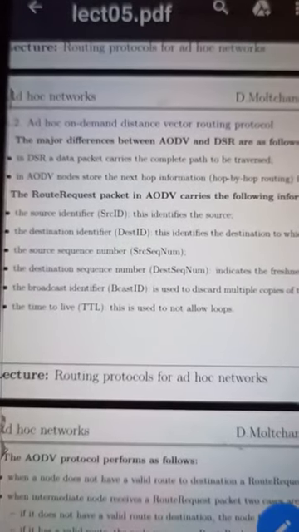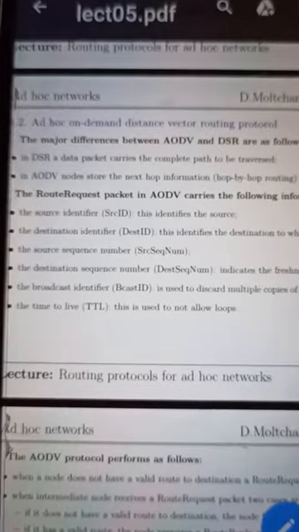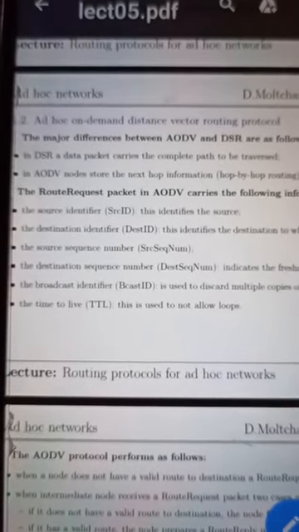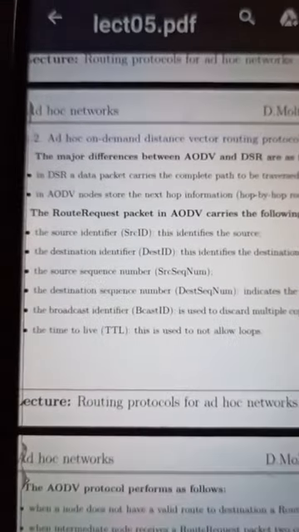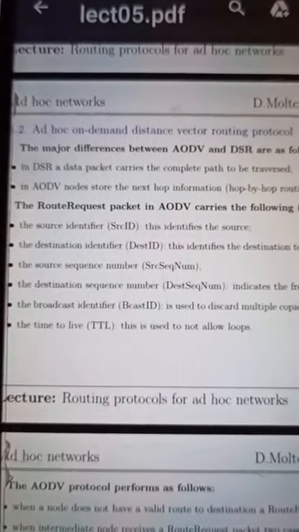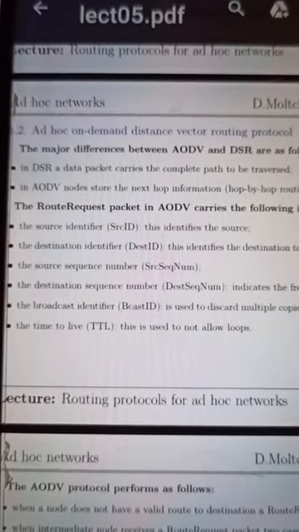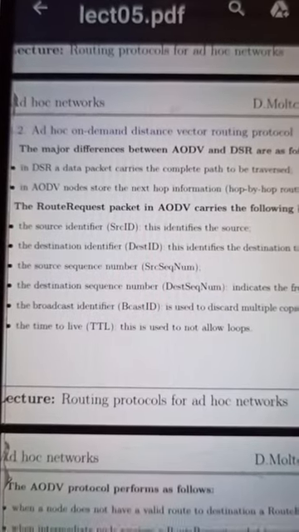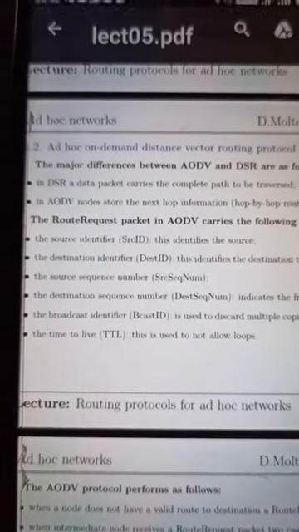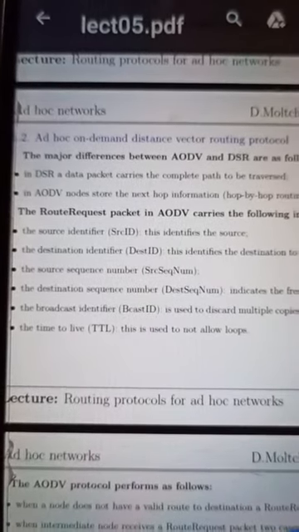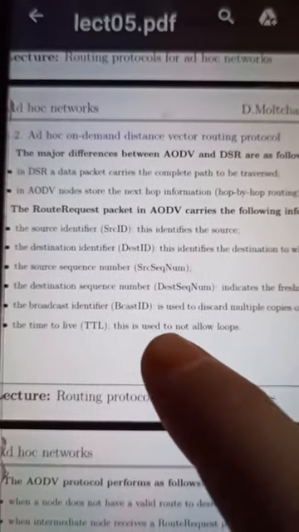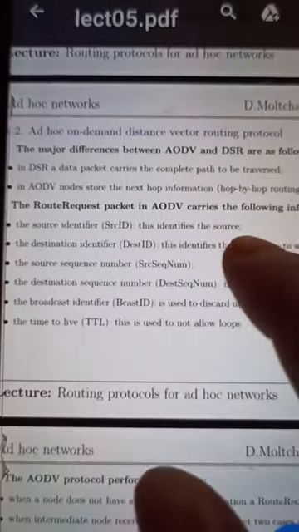In the last lecture we studied the DSR protocol. So what is the major difference between AODV and DSR? In DSR, a data packet carries the complete path to be traversed. So in DSR a path is established through which the data packets are traversed, whereas in AODV nodes store the next hop information, so it is called hop by hop routing.